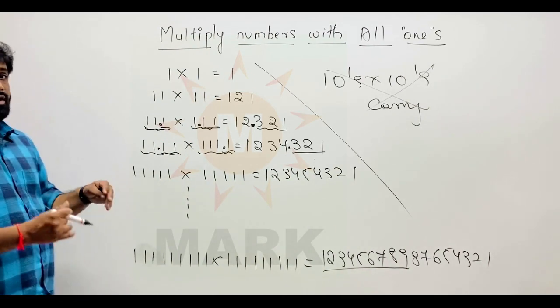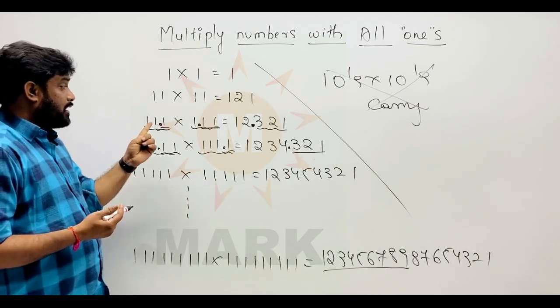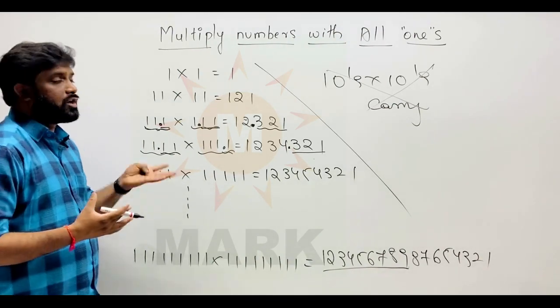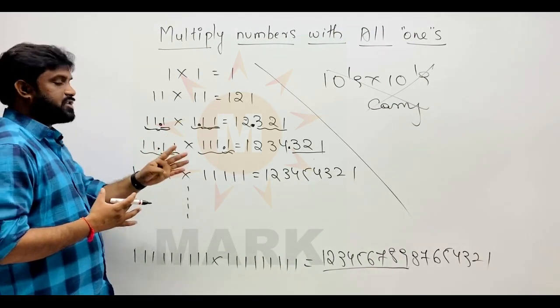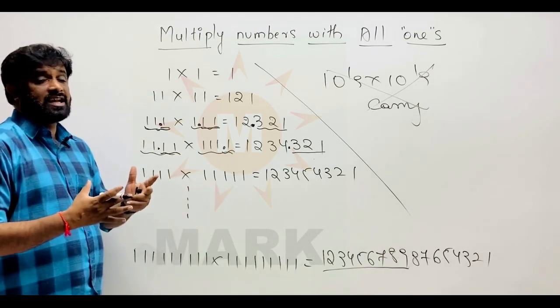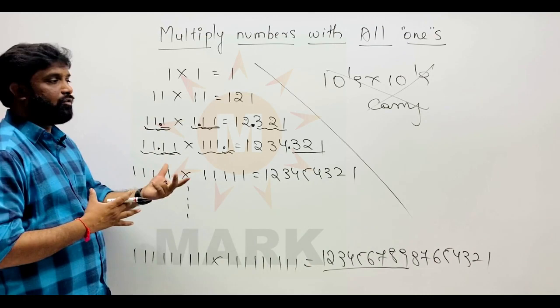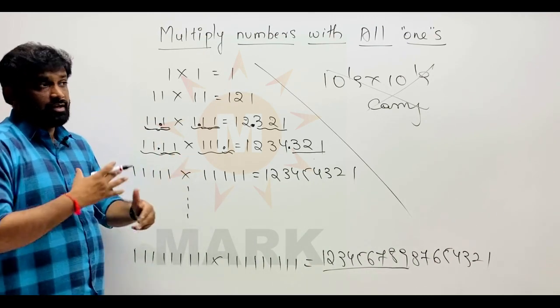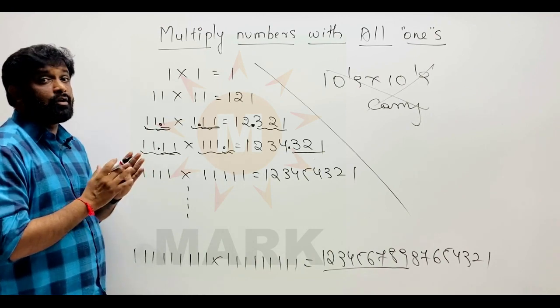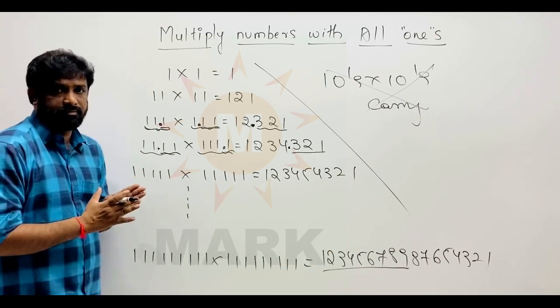Now we will go into such a section where the number of ones on both sides may not be equal. It is not always like a squaring pattern, like 3 ones into 3 ones, 4 ones into 4 ones. Sometimes there can be 2 ones into 4 ones. The number of ones on both sides can be unequal. Now we will look into that section where the number of ones are not equal.